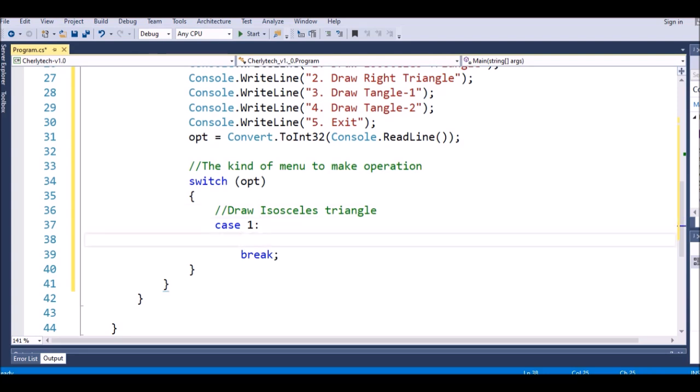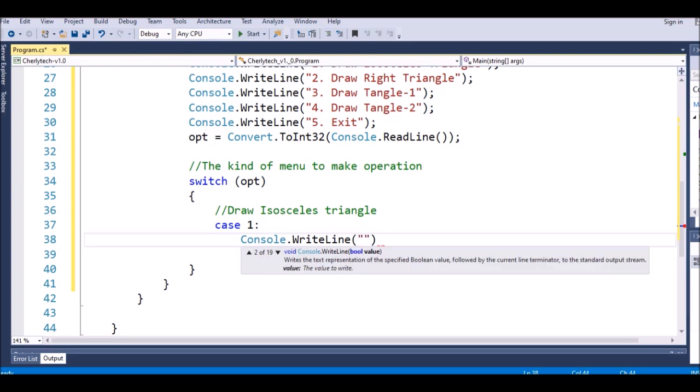So inside, you have to show the information to the user. Console.Write, say draw isosceles triangle,